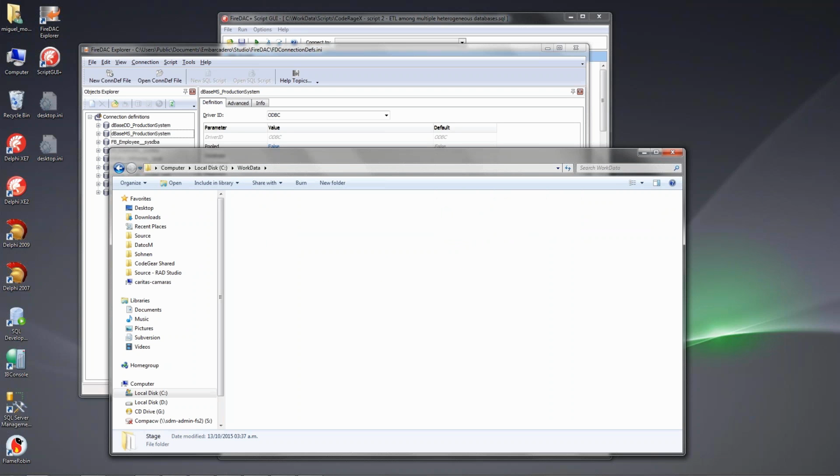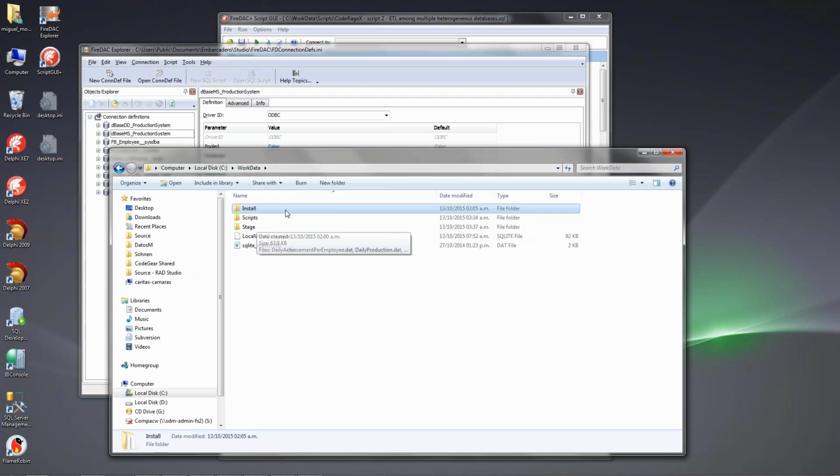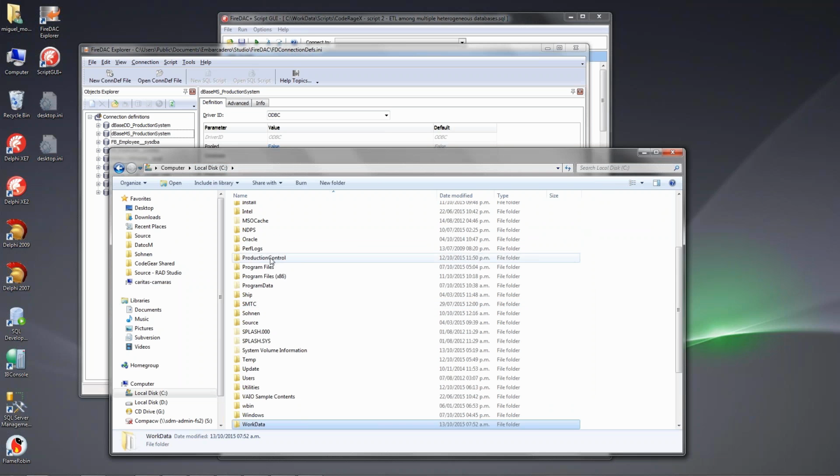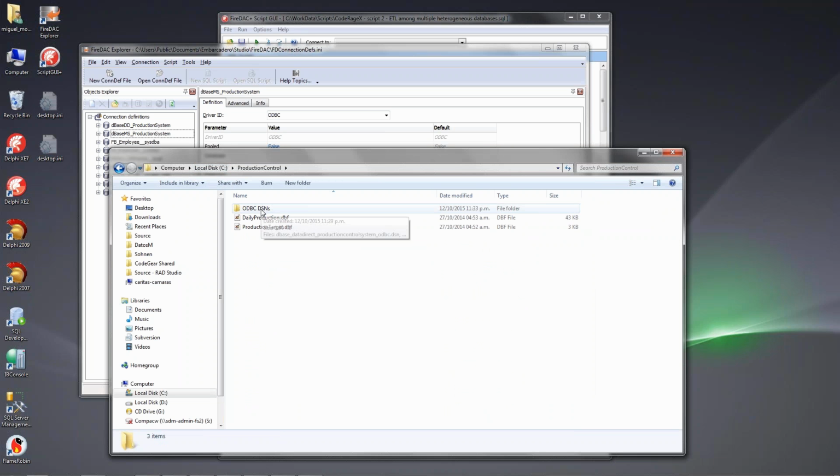ODBC, where did I put it? I don't have them here. Okay, I don't have them here. So then you can extract from those DSNs. Hold on, production data, production control system, ODBC DSNs, I put them here. So